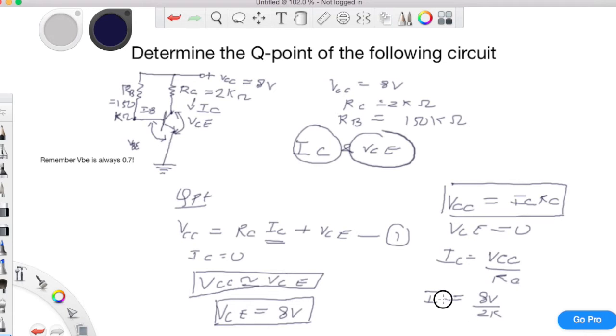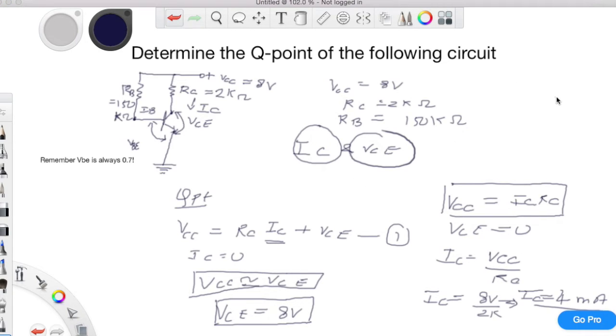So you'll get IC equal to 4 milliamps. Up till here, even if it is a 4 mark question, you'll get only 2 marks,